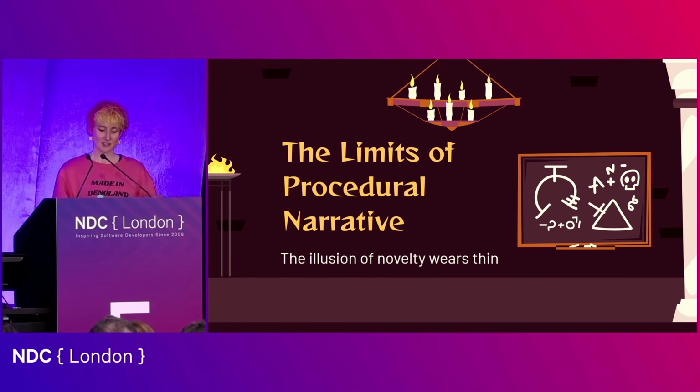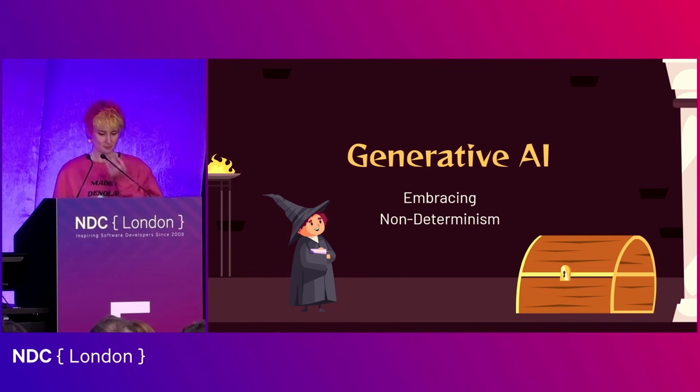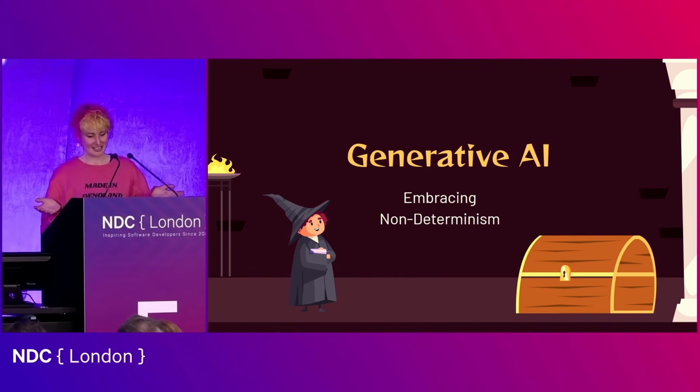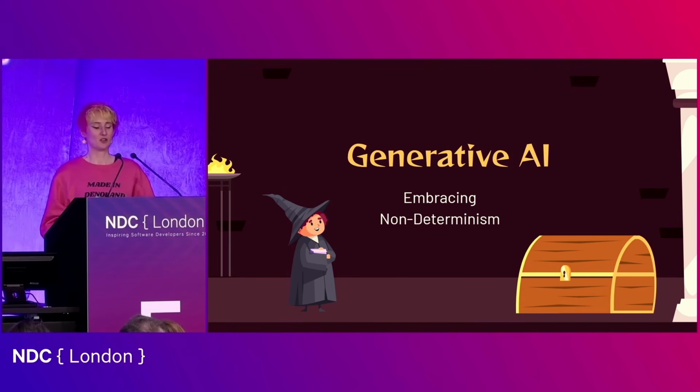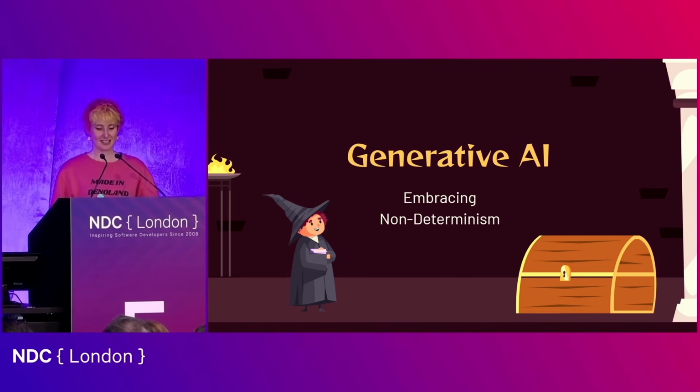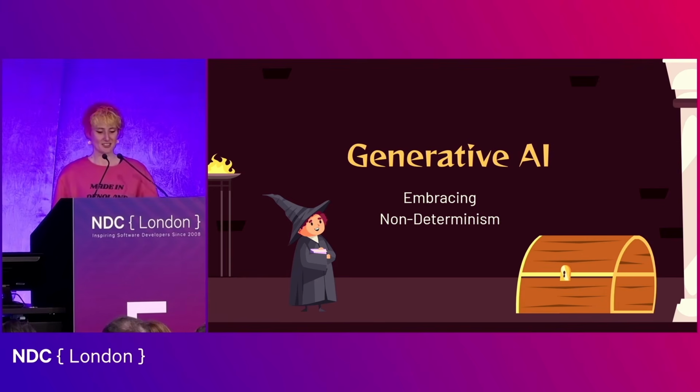And this is where generative AI can come in as a compelling tool. And generative AI, I'm sure we've all tried it out by now. It doesn't rely on predefined fragments. It doesn't need a library of authored content. It can generate new material. It can write us dialogue for our characters. It can even write us code on demand. It's non-deterministic, so if we give it the same prompt twice, we're going to get two different responses out at the end. And we've all seen it.